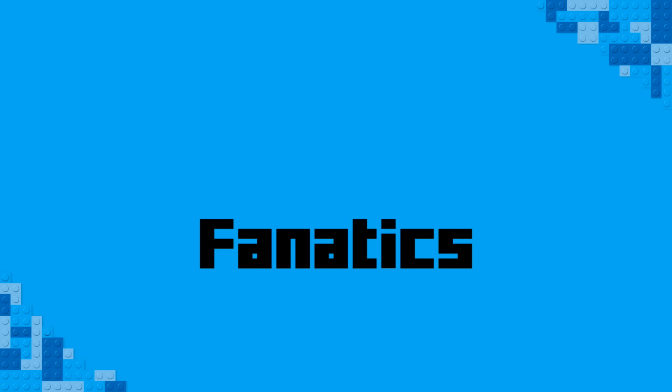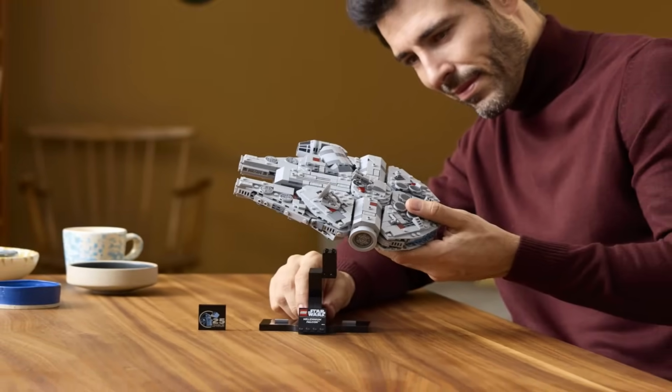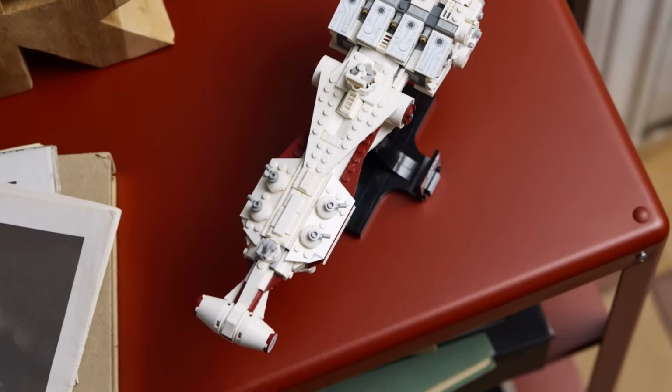Hello there, Brick Fanatics! The first crop of 25th anniversary LEGO Star Wars sets have been revealed, and if these end up being the blueprint for everything we see with LEGO Star Wars in 2024, then this may well change everything for this theme. The short version is that we're seeing a lot of really cool LEGO Star Wars ships shrink in size, with mid-scale sets that are more affordable and more accessible to a larger number of LEGO Star